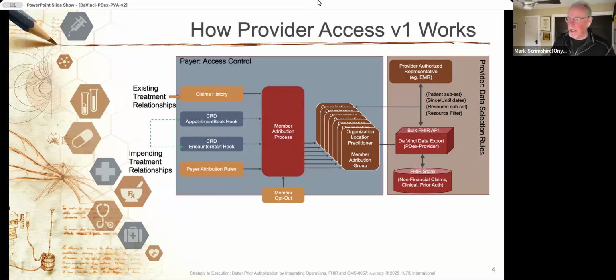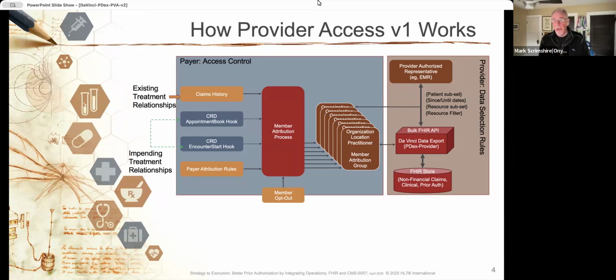So how does provider access version 1 work? We've not removed that from the IG at this stage, although we would encourage anybody to implement version 2. There are certain instances where version 1 may be useful, for example, where you, as a payer, want to exchange information to allow a provider to pull data, say, for a fixed value-based care contract, where there is a set